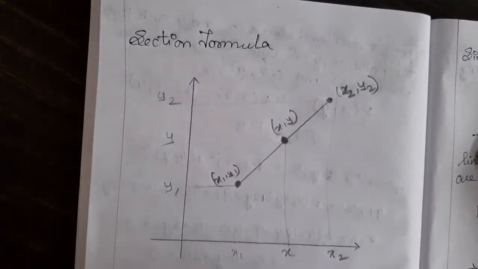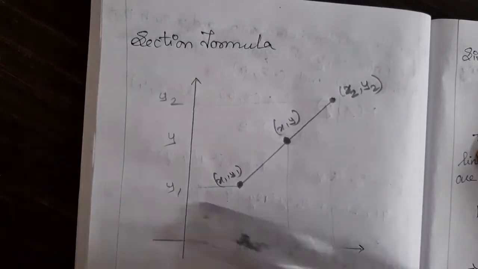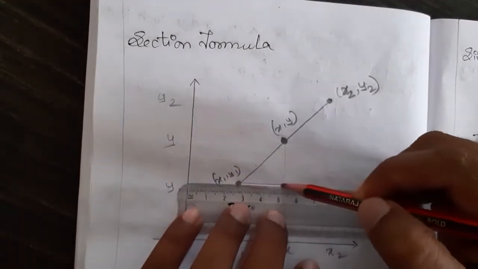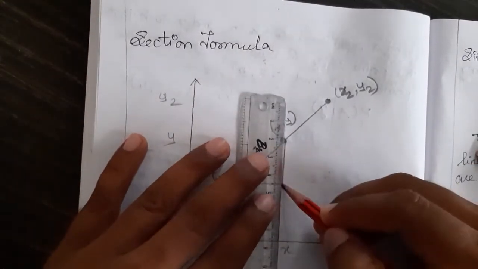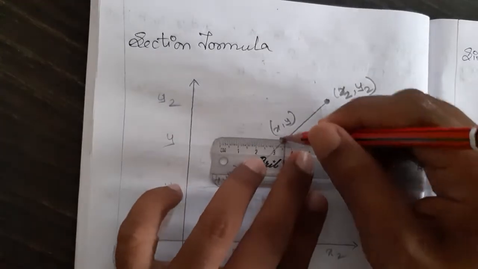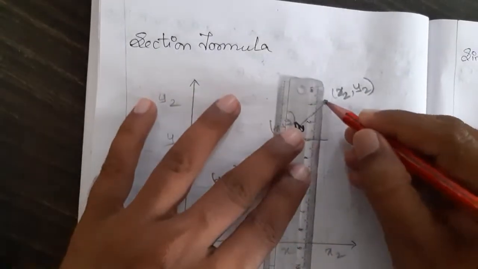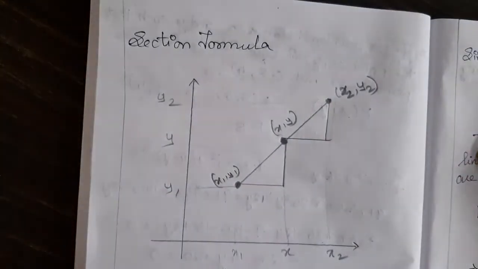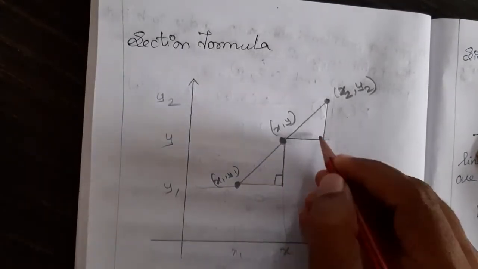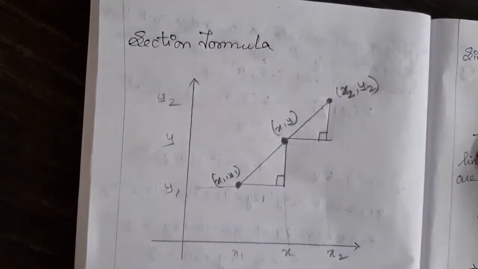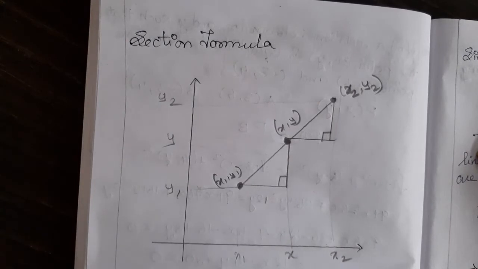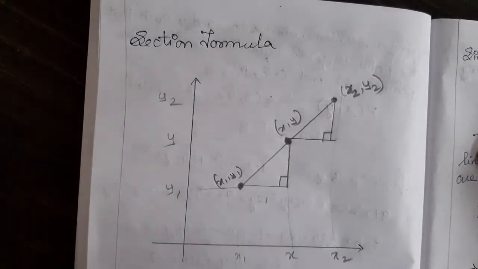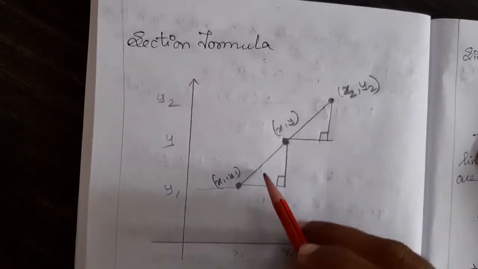So, like drawing parallel lines, here we will be getting triangles. Parallel to the x-axis and parallel to the y-axis, we will be obtaining two right triangles, right? With the help of this we can find it, but here we are not going to use the Pythagoras theorem. Here we will be using a comparison of two triangles, that the two triangles are similar.